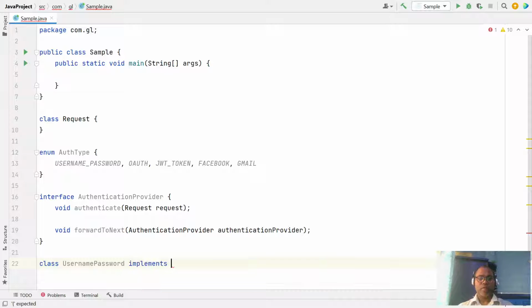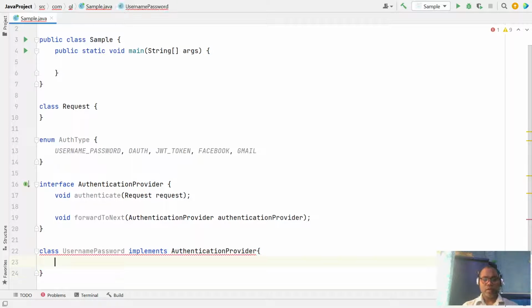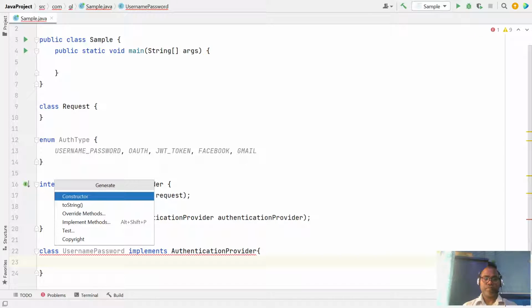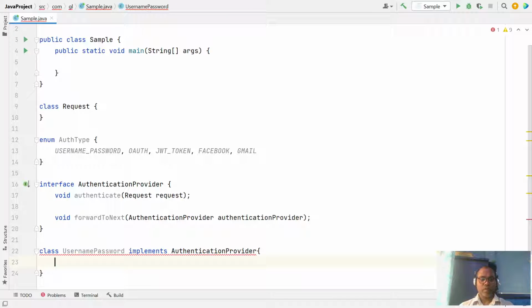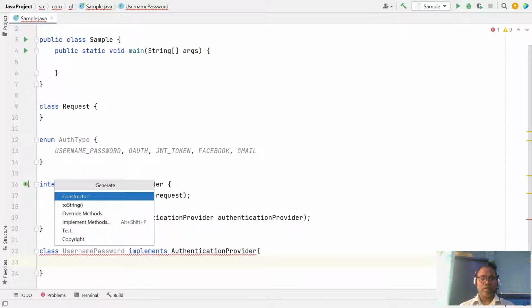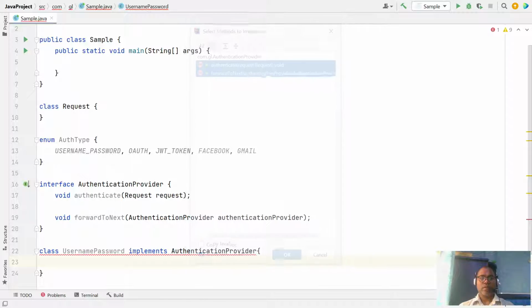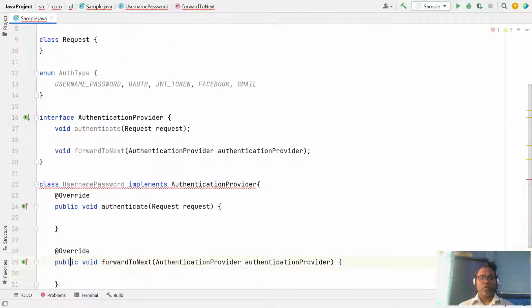Let's implement this. Okay, and now here let's override methods. Okay, so here two methods.